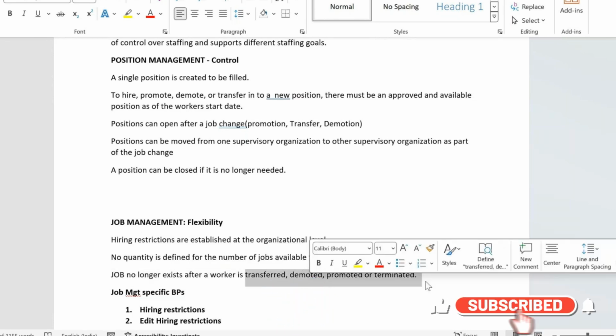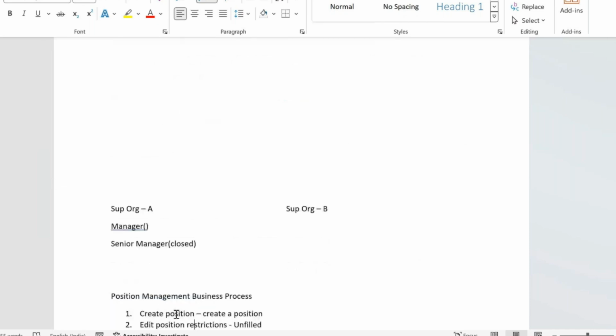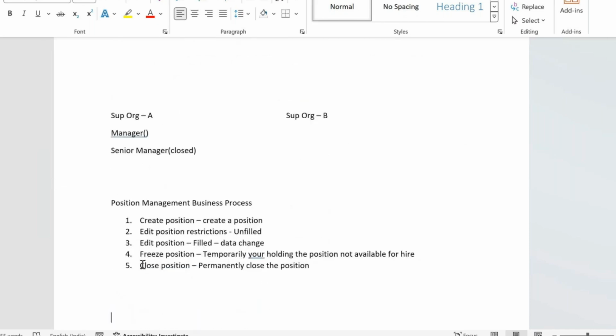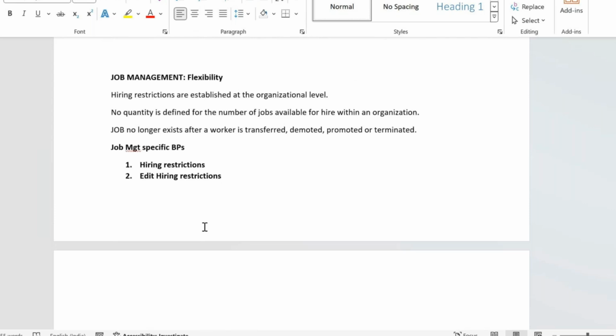Similar to position management, job management also has hiring restrictions. But in position management, we have five business processes because freezing, unfreezing, closing, editing, everything is possible. Whereas in job management, it's not possible. That's why only two business processes. Let me discuss in detail to show a few comparisons. First point, hiring restrictions are established at the entire organization level. What is meant by that? If you're hiring any employee